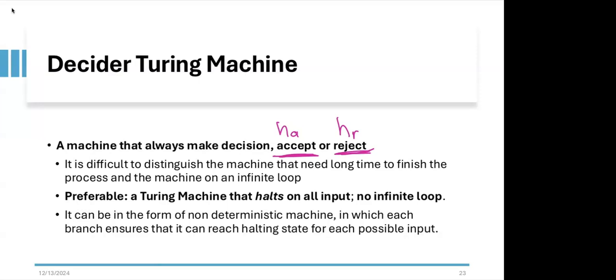It really needs a long time to end, or we have reached an infinite loop, which means the program will never end. So preferably, we have a Turing machine that halts on all inputs, so we don't have any infinite loop. It can be in the form of a non-deterministic machine, in which each branch ensures that it can reach a halting state for each possible input.